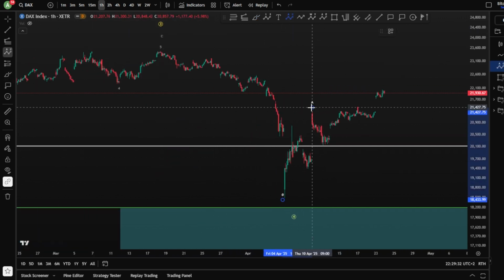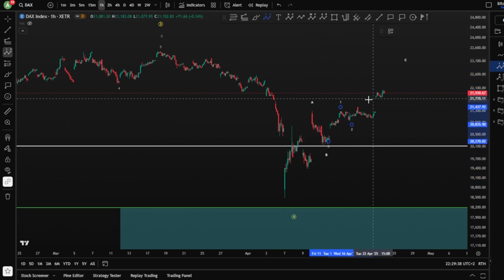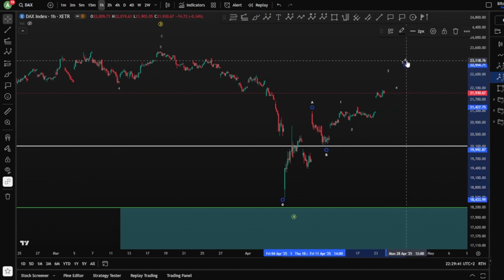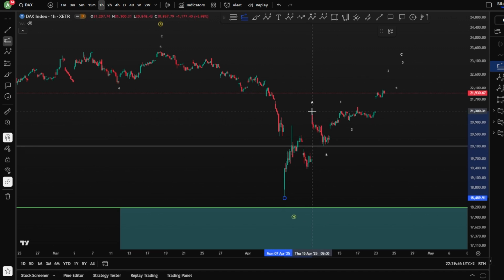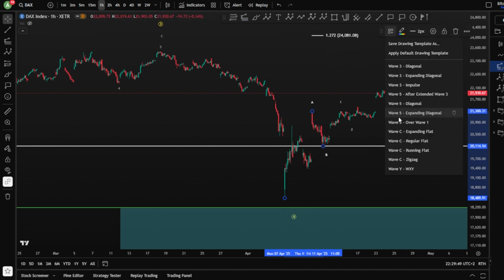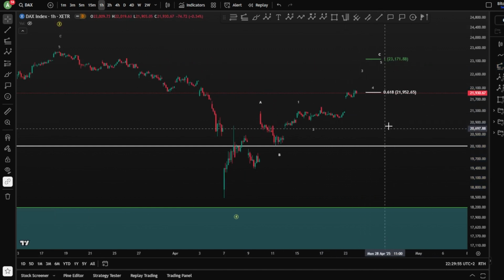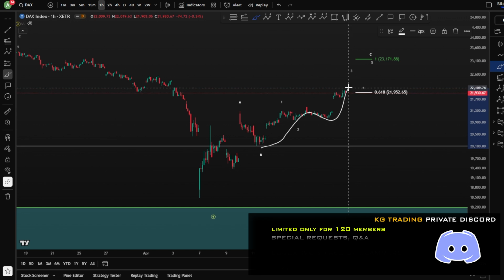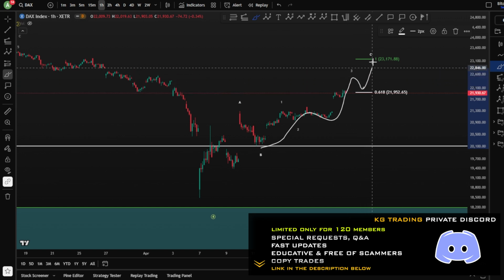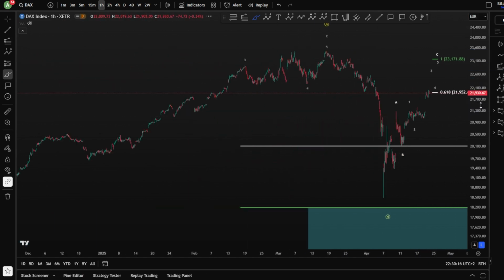So potentially we have A, B, and a C. Your wave C has to be here, 1, 2, and you're looking at a wave 3, 4, and a 5 to finish wave C. Potentially the targets are the following here. Based on the wave B, we have a zigzag between 23K and 22K, I would say. Of course, we already reached it here. So we reached it in wave 3, which can still go higher, and then getting 4 and a 5. And with this wave 5, it's going to reach the 1-to-1 fib level here,